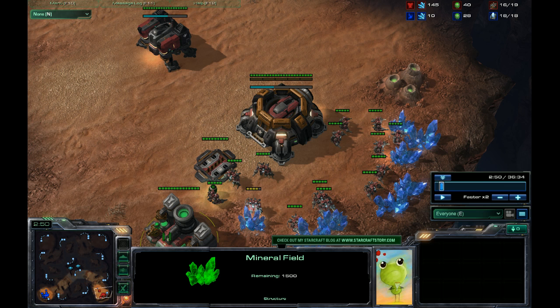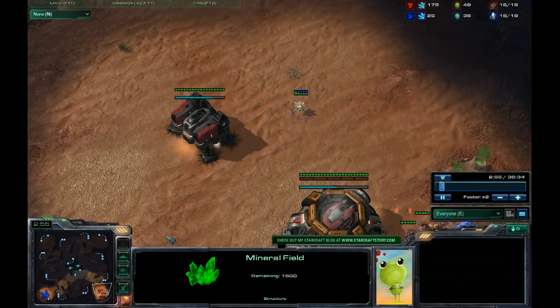Is he going for 6 gate pressure? Is he going for maybe some kind of quick colossi? What is he going for, basically? I always have to know what my opponent is doing. Going back to this build order,